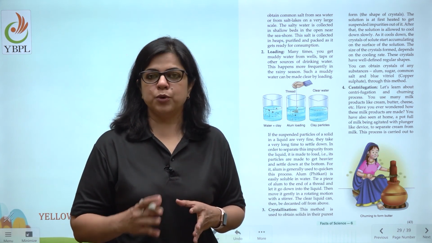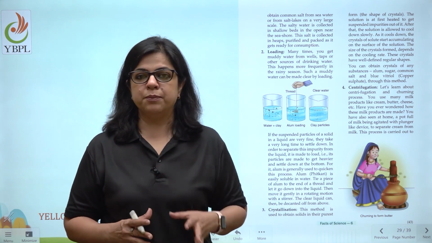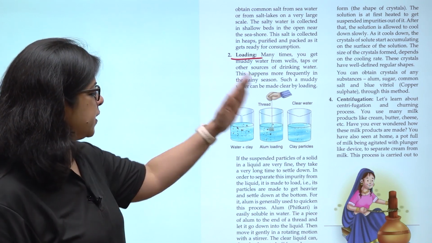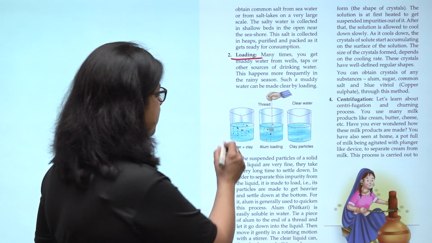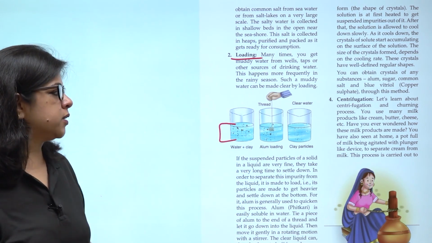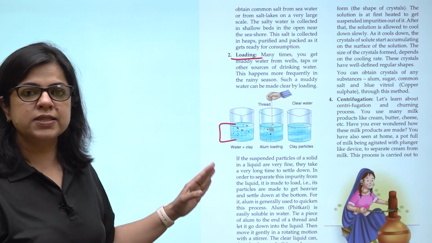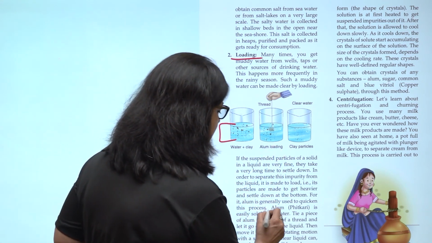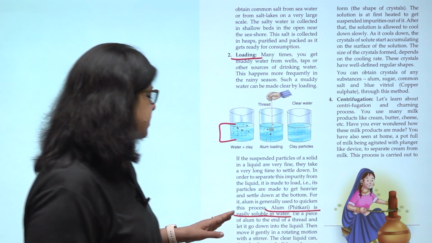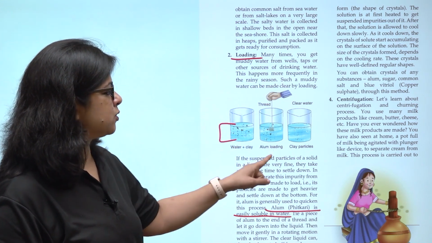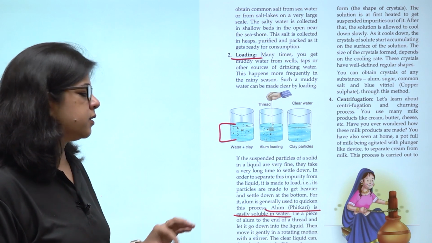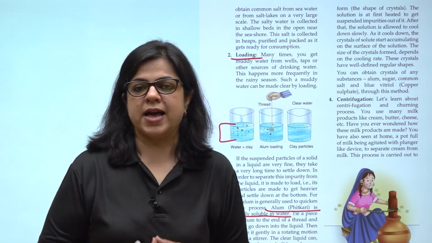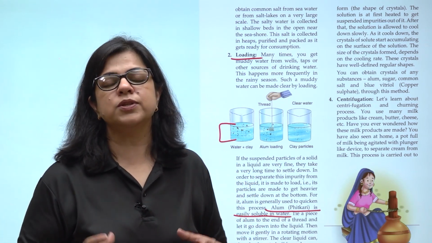Another way of obtaining pure water, separating it from impurities, is known as loading. Now, how is loading done? As we can see in this picture, there are suspended particles inside water which will take a very long time to settle. So, what is the shortest possible way of purifying this water? We take alum or fitkari. Now, this alum or fitkari is tied on a piece of thread and left in the water in a rotating motion. All the impurities will attach to this alum and we will obtain clear water which can be boiled and used for drinking.